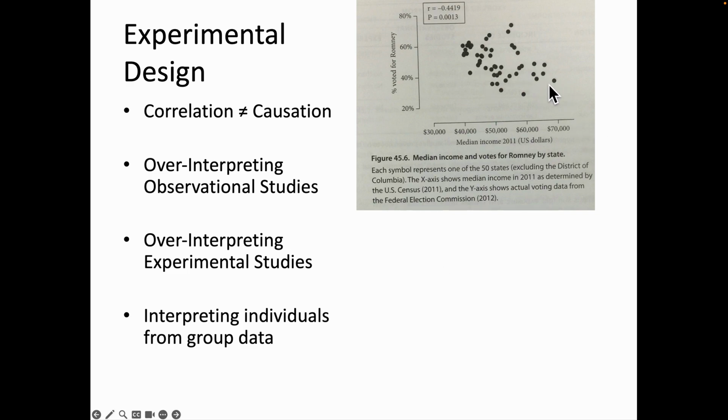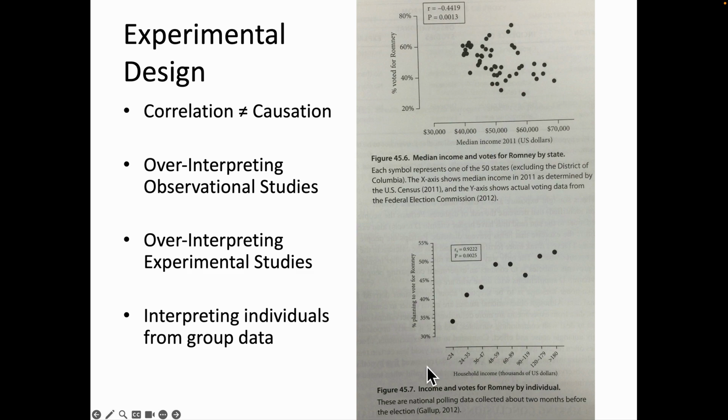And this is a really nice example of that. These are representations of states. They're not actually representations of individuals within that state, and those can frequently be very different phenomena. It is highly possible, as it was in the case for this election, where individual states show this negative relationship, but when you actually looked at individual incomes, we see a positive relationship where wealthy individuals actually voted for Romney at higher rates. So be careful when you interpret at what level you're examining. And this shows that individuals and who they voted for.